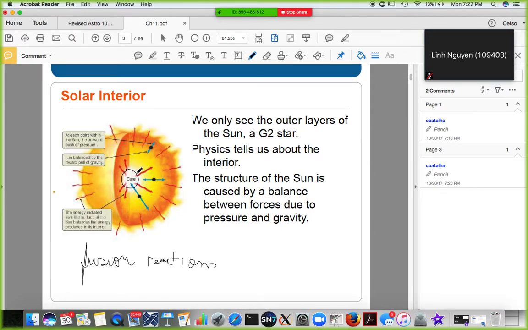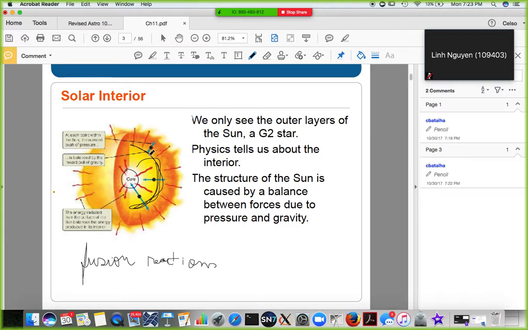Now, and that's also the first region. So the core is about 25% out from the center. Now, the second major region is the so-called radiative shell or radiative diffusive shell, where that energy finds its way to a shell very close to the solar atmosphere. So in the radiative diffusive shell,